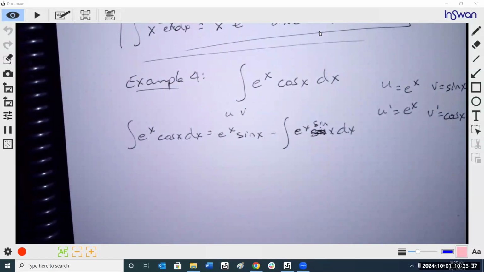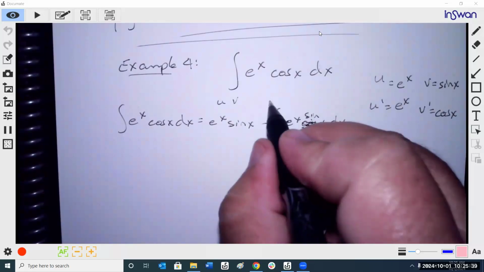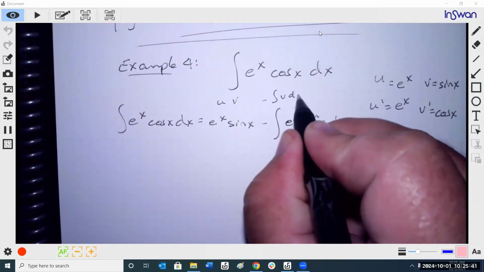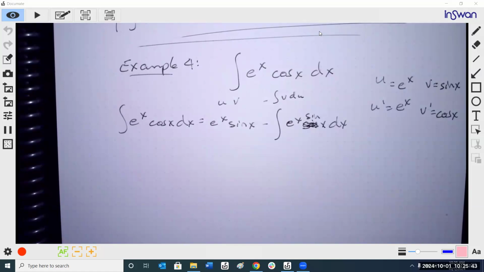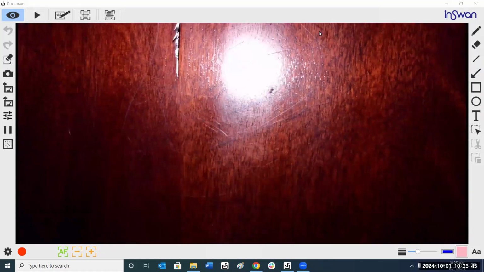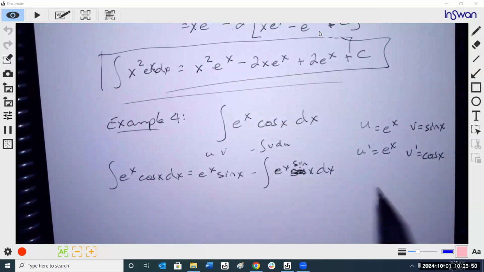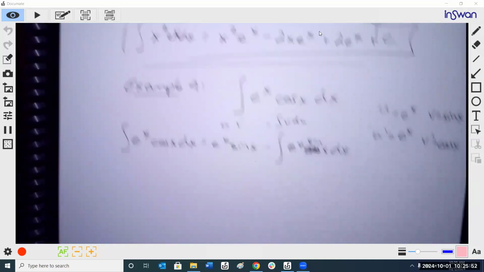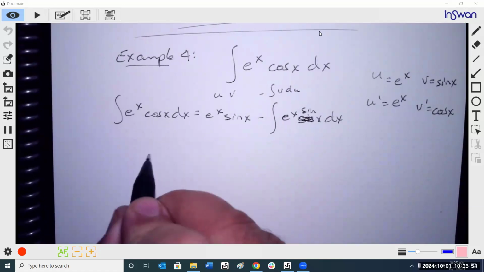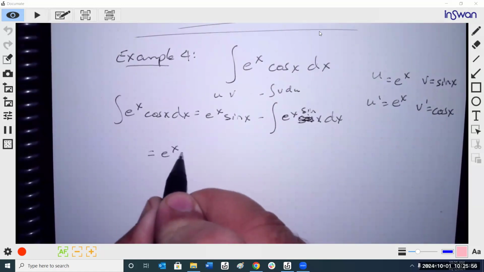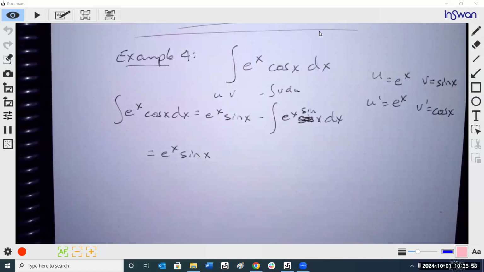That's where I messed up. This is the integral of v du. Or no, not v du. So sine times e to the x. All right, so e to the x sine x